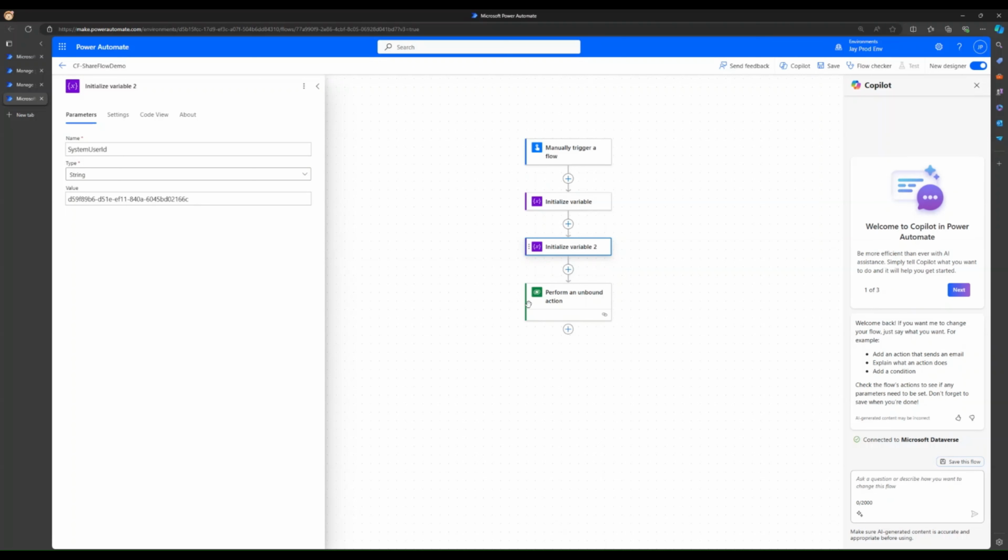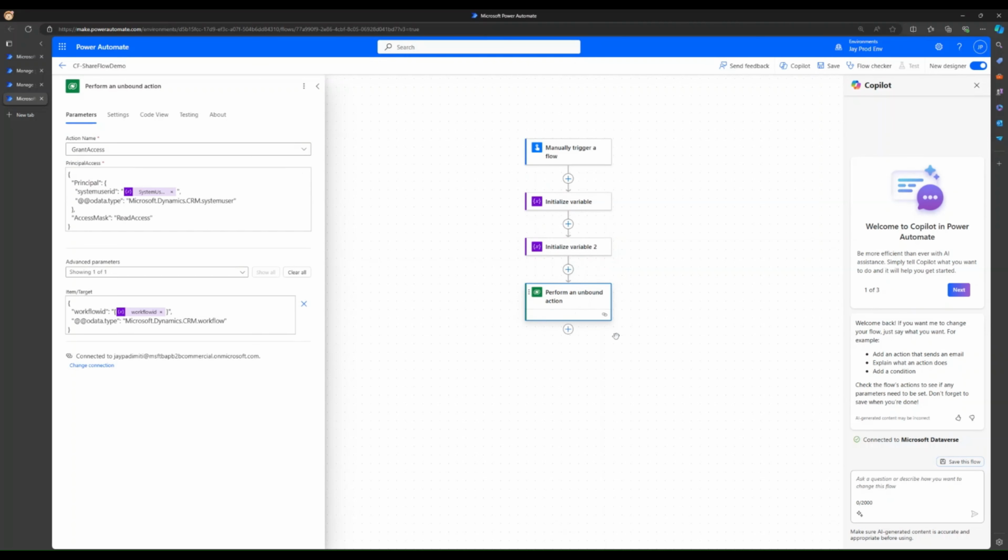user, right? And then once you have these two variables, you can perform an unbound action using the Web Dataverse API. The action name in this case to share this particular object, the desktop flow, is GrantAccess. GrantAccess takes two parameters. One is the principal access. As you can see here, the principal access takes in the system user ID. Since I parameterized the user ID as the system user ID here, it is going to come in as